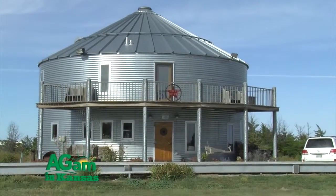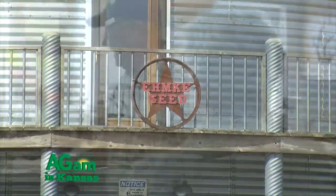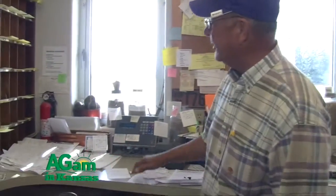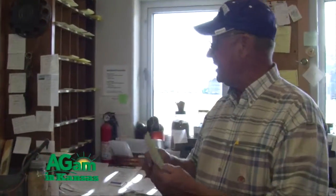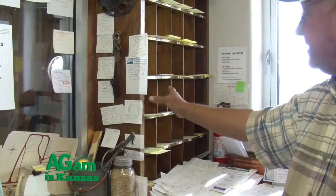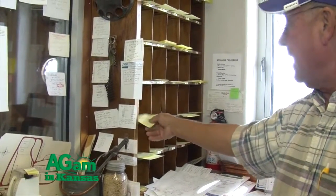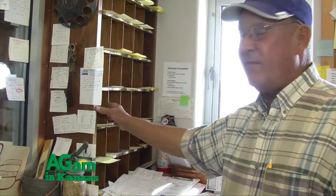Yeah, this is a working farm building, and as you can see it is working, got a lot of stuff laying around here. To pigeonhole all of our scale tickets, Louise was down in Garden City at an antique store and got this antique rail car mail sorter, and we had our scale tickets made to fit the holes. That was from southeast Kansas, and the postal people would ride along on the train and sort the mail